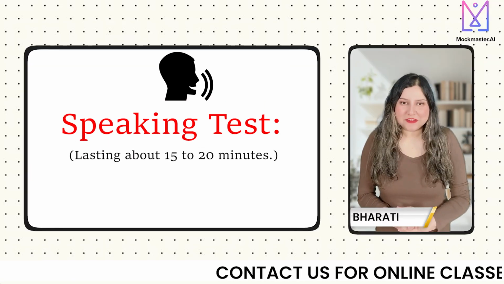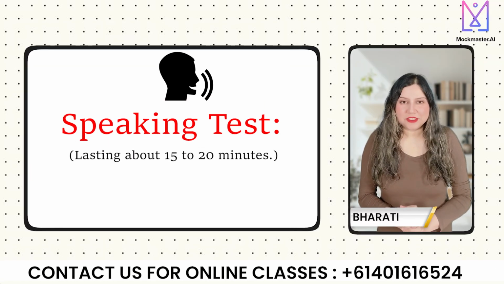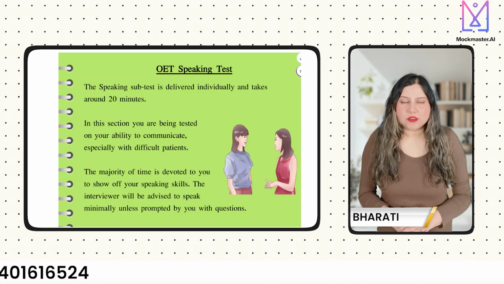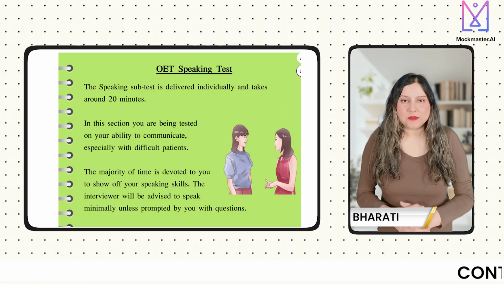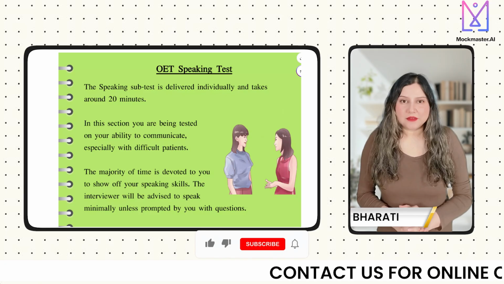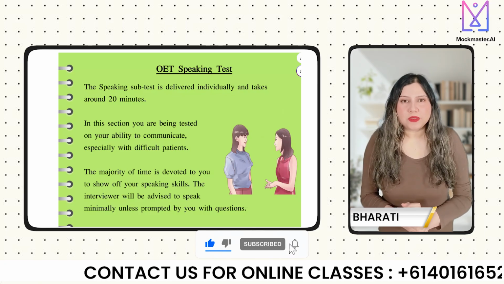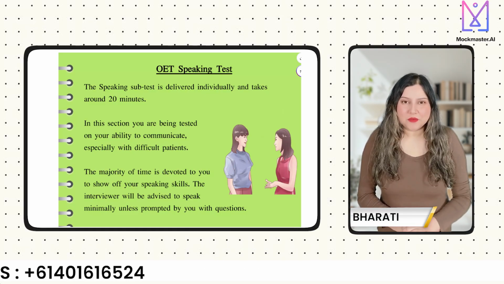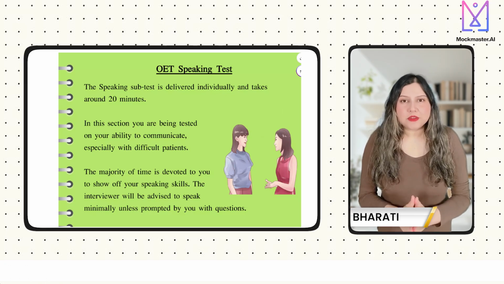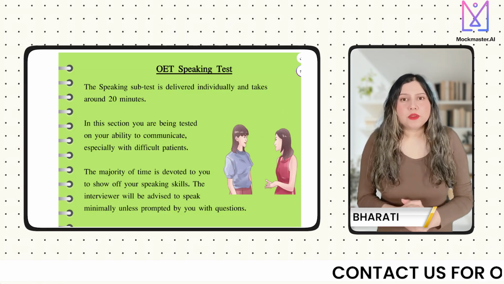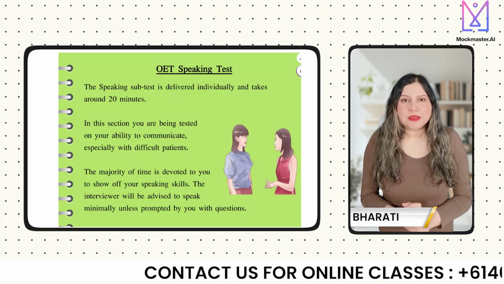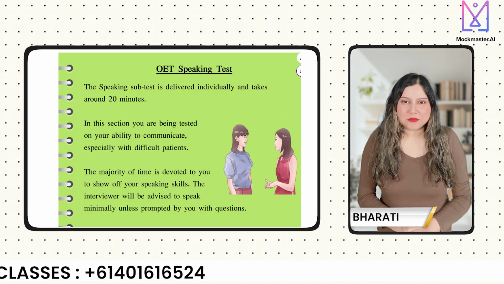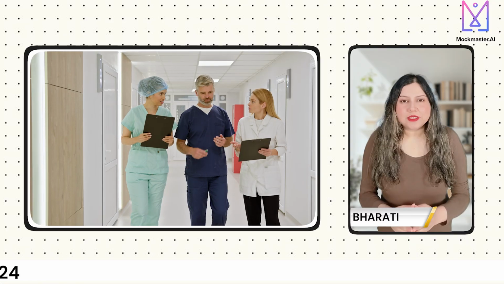The speaking subtest is the most interactive part of the OET, lasting about 15 to 20 minutes. It starts with a short warm up where you answer questions about your personal and professional background. Then you'll perform 2 role plays. For each role play, you get 3 minutes to prepare and 5 minutes to perform. The examiner or interlocutor acts as a patient or bystander. Depending on the scenario, you'll be evaluated not just on fluency and pronunciation, but also on your ability to actively listen, empathize, and respond appropriately, just like in real healthcare settings.